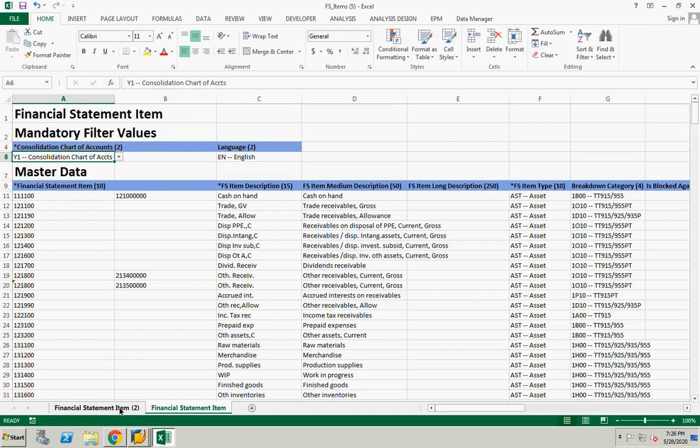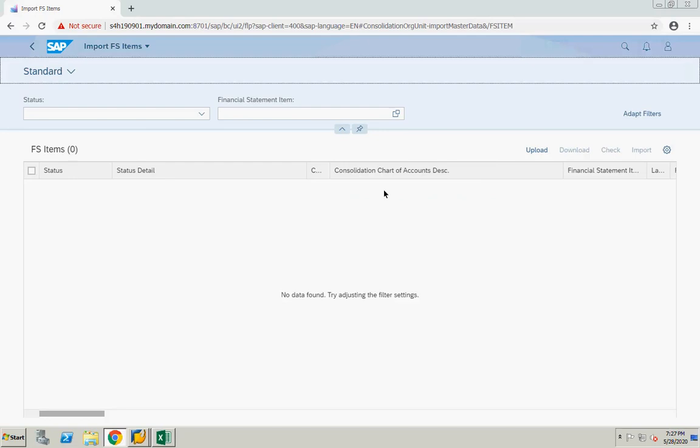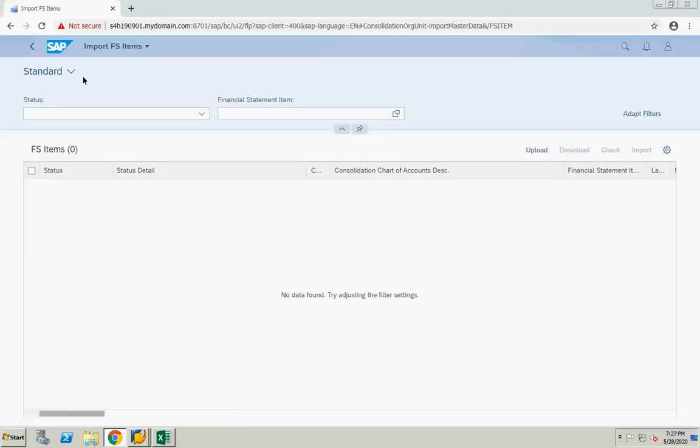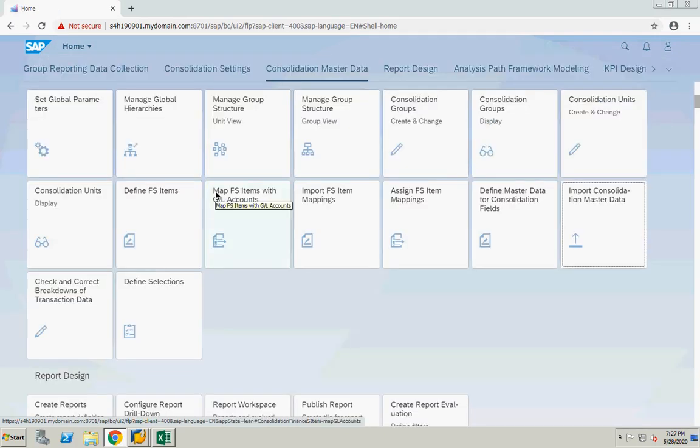So the next thing, once you update this and load this master data, you have an app to import the FS items. You just click on upload, select the file, and it will be loaded. Once the master data is uploaded, you have loaded the financial statement items.